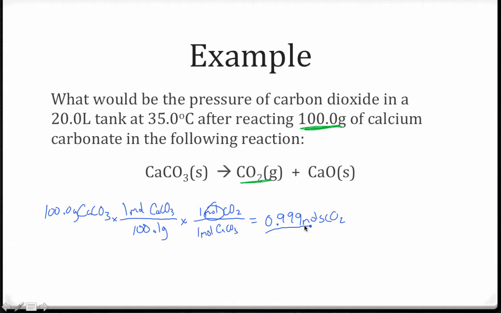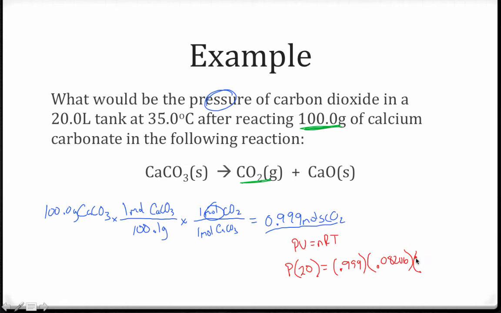So that's the number of moles, but in this question we want to ask the pressure that this gas will exert in the certain tank. Well, that's where we're going to take this answer and use our ideal gas law equation, PV equals N times R times T. We want to solve for P. We're told the tank has a volume of 20 liters. That's going to be equal to the number of moles of gas in the tank, which we just determined to be 0.999, times the gas law constant, which is 0.08206,